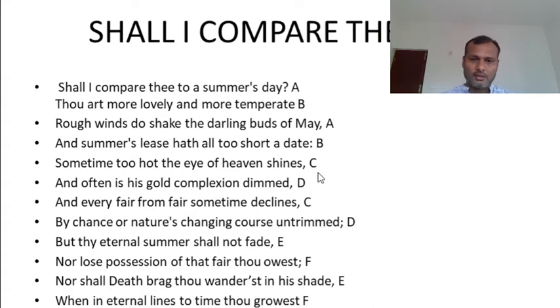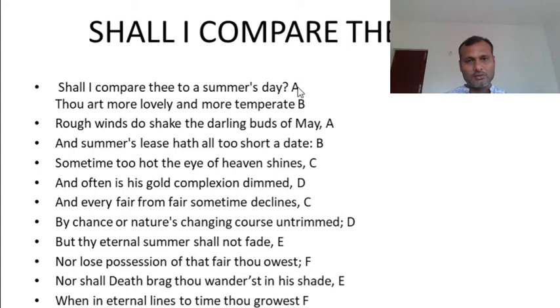And here, dear students, you can observe the rhyme scheme in a Shakespearean sonnet, how it appears. And see, in the first line, shall I compare thee to a summer's day? Day, if you take it as A, and you have the same kind of rhyming word in the third line, may. Day, may.